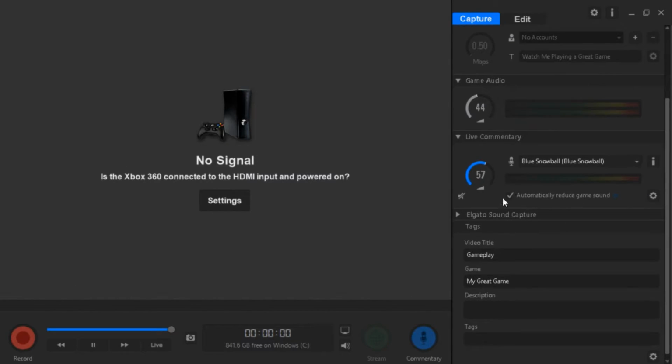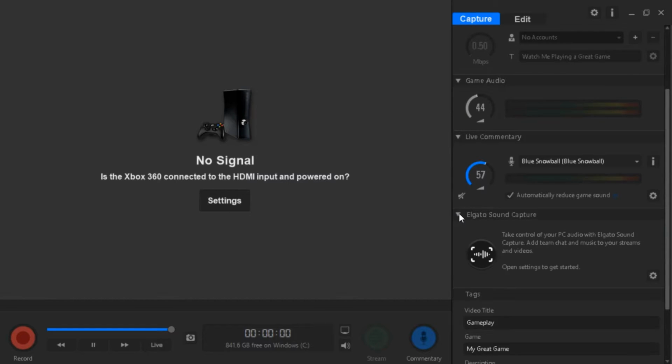So the Elgato sound capture, they just added this, I think, in the second to last update, or the update before the last one. I don't know, but either way, if you get this, they did add it. What the sound capture does is, if you're in a Skype call and you're recording, you can record your Skype call as well as your gameplay at the same time. So pretty much,